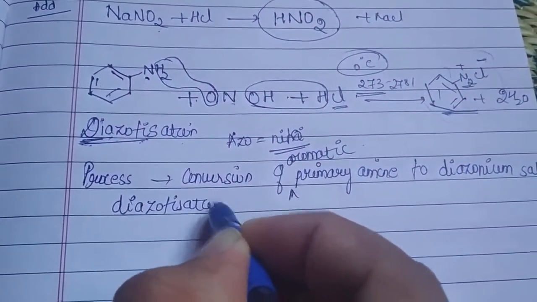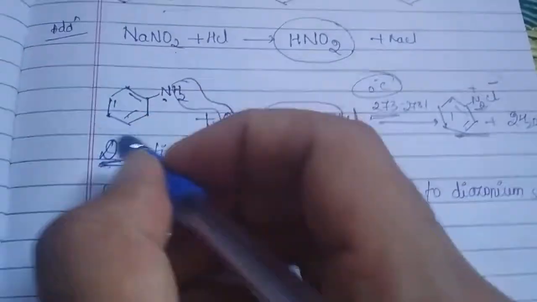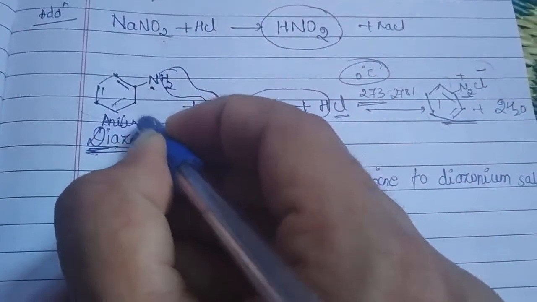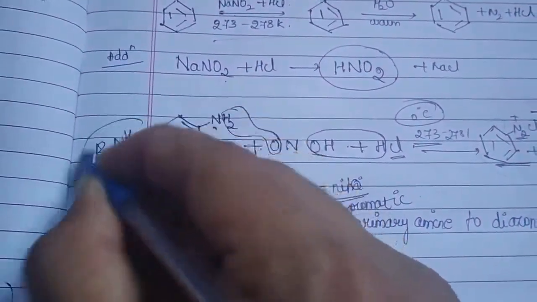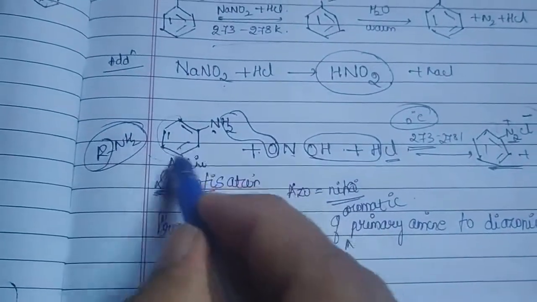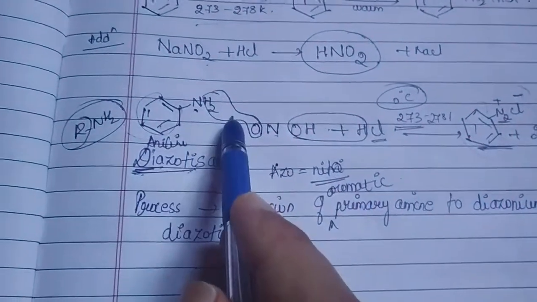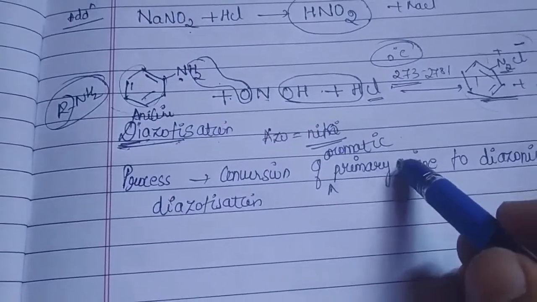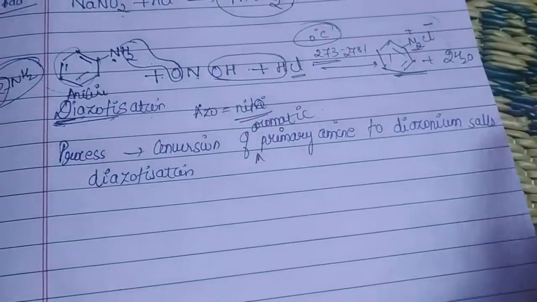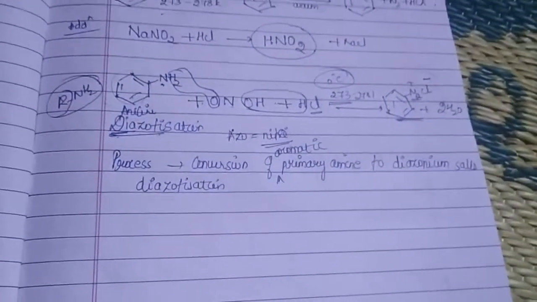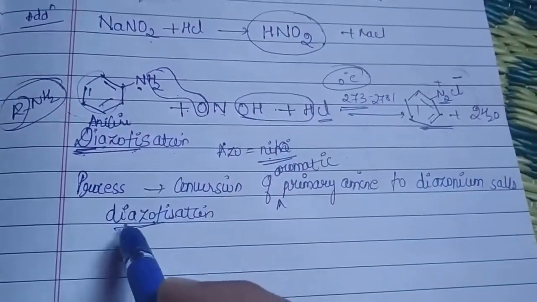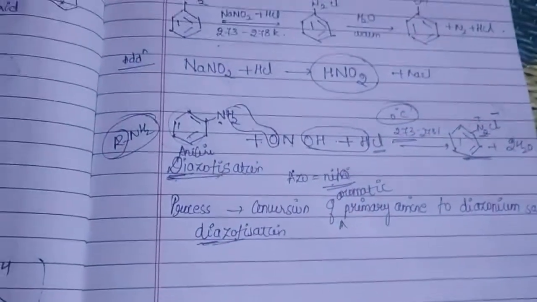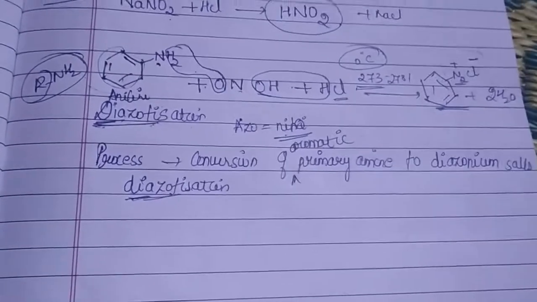Diazotization. Right? So here what did we do? Here, which is the aromatic primary amine? Here it is aniline. Aniline is the common name. If there is RNH2, what do we call it? We call it a primary amine. Since R is an aromatic group, it is an aromatic primary amine. So whenever such an aromatic primary amine is converted to your diazonium salt, that process itself is called diazotization. I have told you why we have got this word diazo. Azo means nitro. Since there are two such nitro groups, it will be called as what? Di. So diazo. The process will be overall called diazotization. Okay.